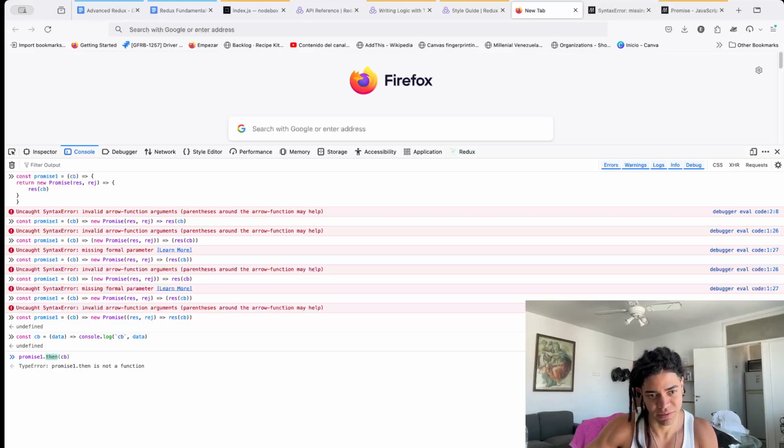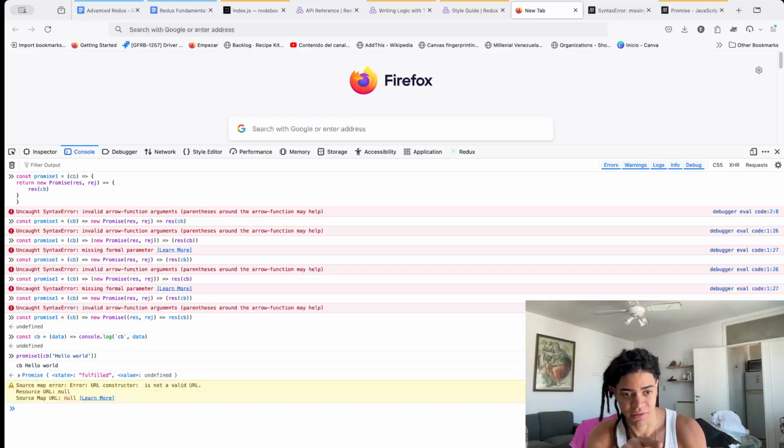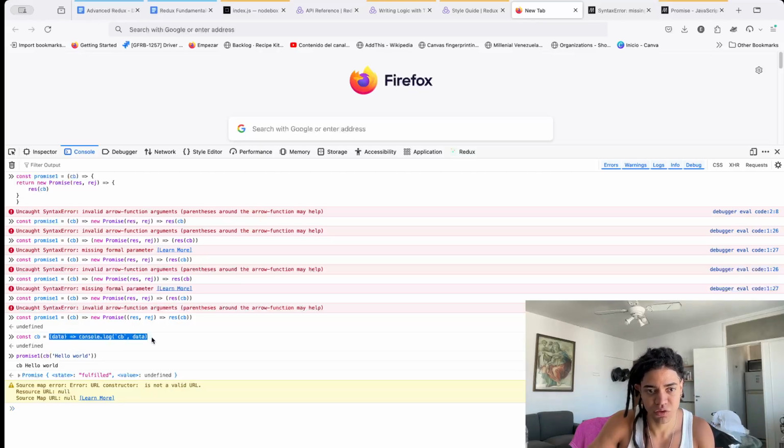Because here we need to, okay, that's right. Here we're going to pass this callback data, and this callback says, hey, passing some data, or hello world. So what happened here is that you're calling this promise, where you're passing this callback, and you may ask, what is this callback? Hey, this callback is this function that is going to only return this. So I'm calling this callback to the promise. But what is promise? It is now this